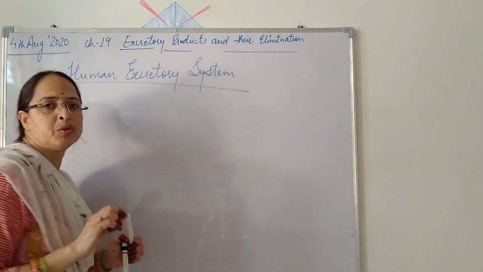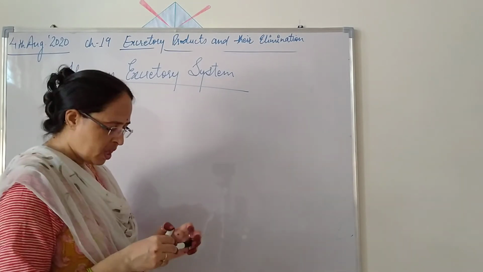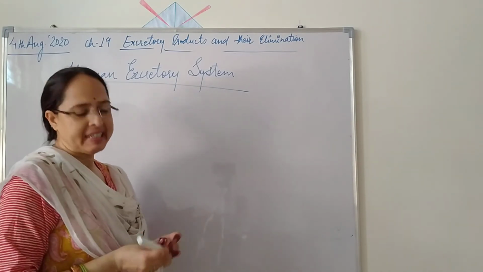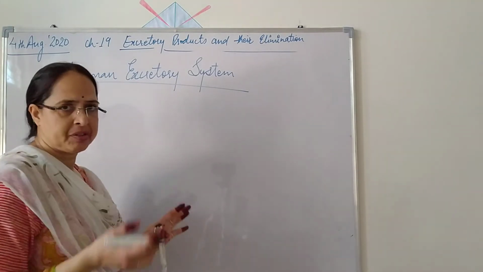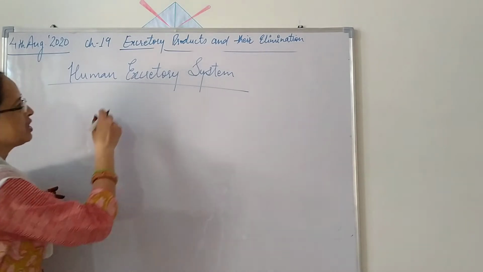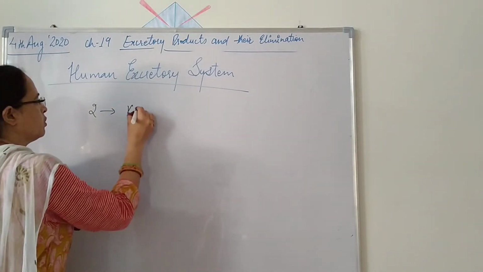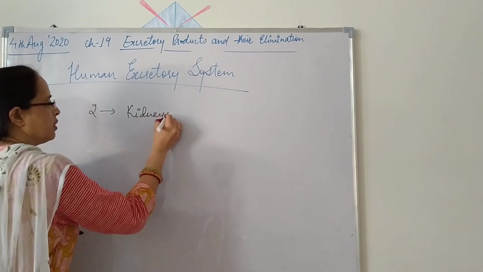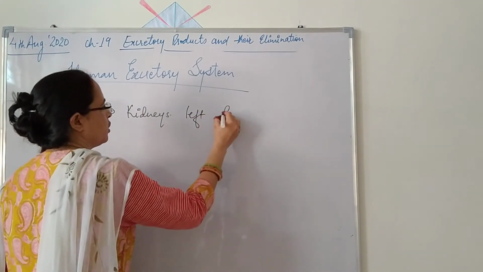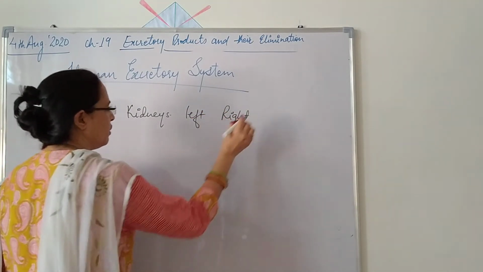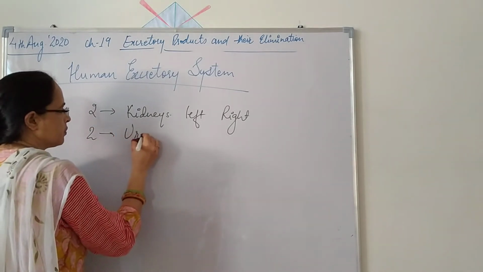Now we are discussing human physiology. In this we have to discuss the human excretory system. As this topic is also a 10th standard topic, we have studied the excretory system in 10th standard. Now see, the human excretory system consists of two kidneys, one placed on the left side and the other on the right side. Then two ureters,